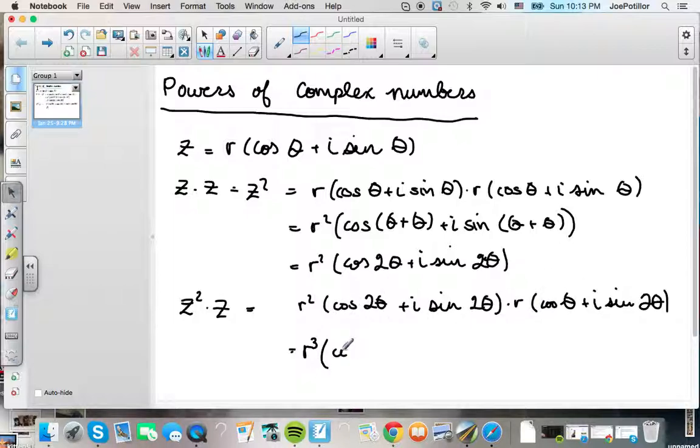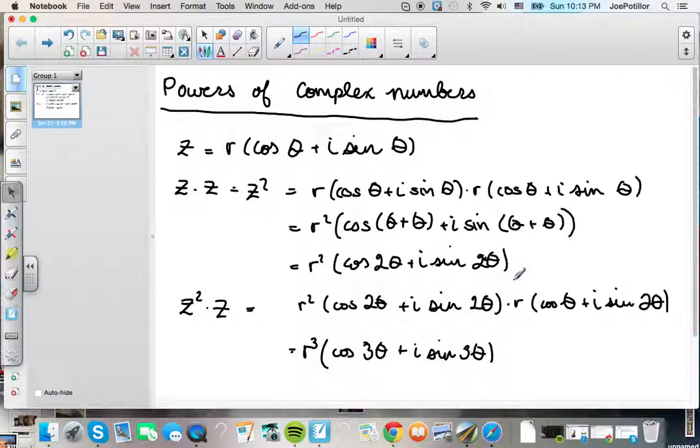We add the angles, cosine 2 plus 1 is 3. Now in general, this happens to be